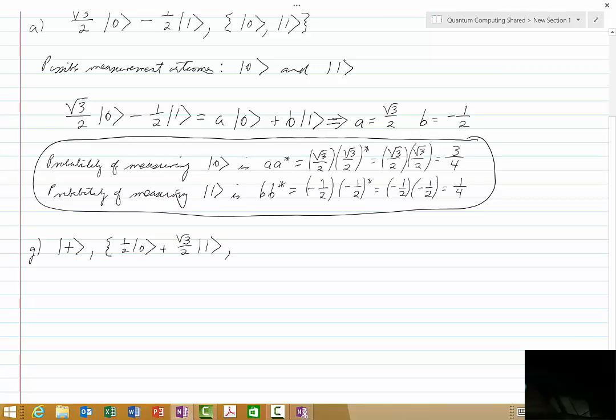That's the first term of the measurement basis, and the second one is square root of 3 over 2 times the 0 ket minus 1/2 times the 1 ket. And so again, we're asked to identify the possible measurement outcomes and then to calculate the probability of each. And just as before, the possible measurement outcomes